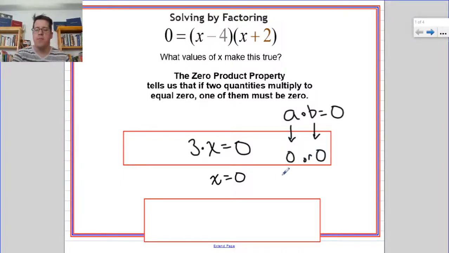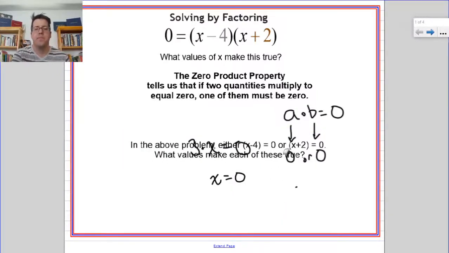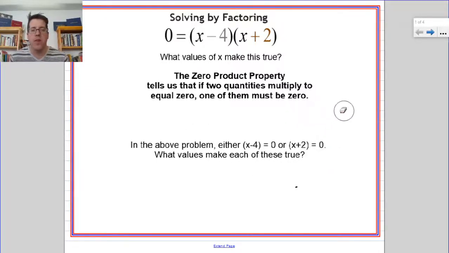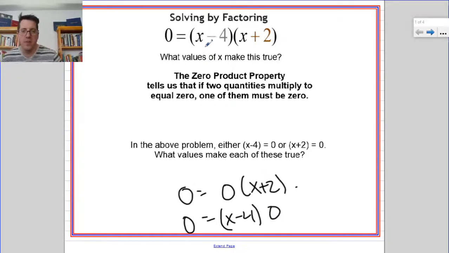So, what's the point of that? Well, if I'm looking at this equation, I can say either x minus 4 equals 0 or x plus 2 equals 0. The only way that this equation is going to be true is if I have 0 equals 0 times x plus 2, or 0 equals x minus 4 times 0. Which is to say, if I plugged in 4 here,